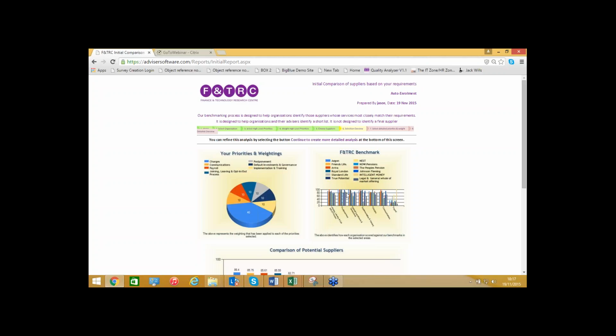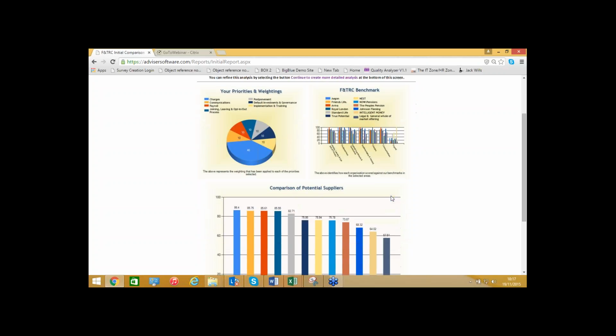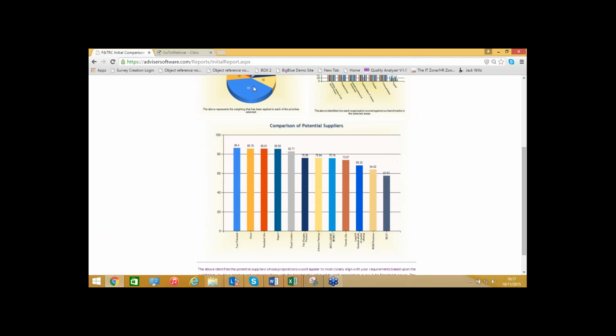The small bar chart on the right-hand side here is showing us for each of the areas that I've chosen to benchmark, how they've scored relative to the underlying scores set by F&TRC. And the main graph at the bottom here is saying, based upon what I've chosen here in this pie chart, the system's gone away, analysed the results from the providers, and come back here with a first analysis of the graph, which shows us which providers best match or best suit my needs, and therefore might be most suitable for